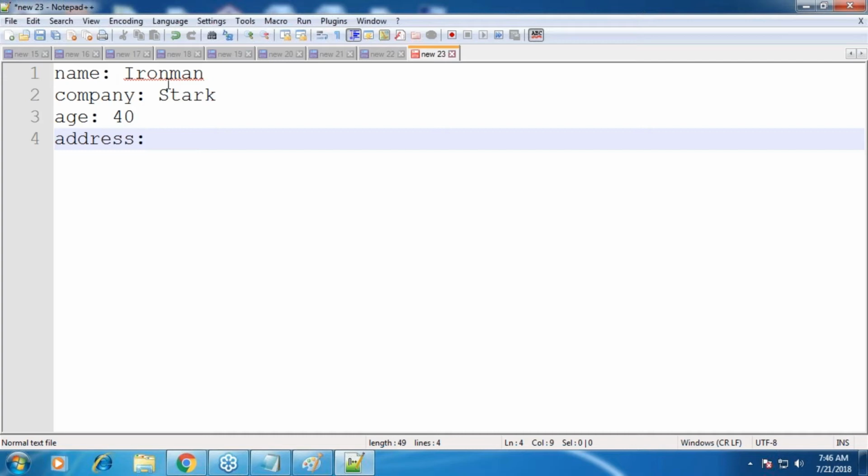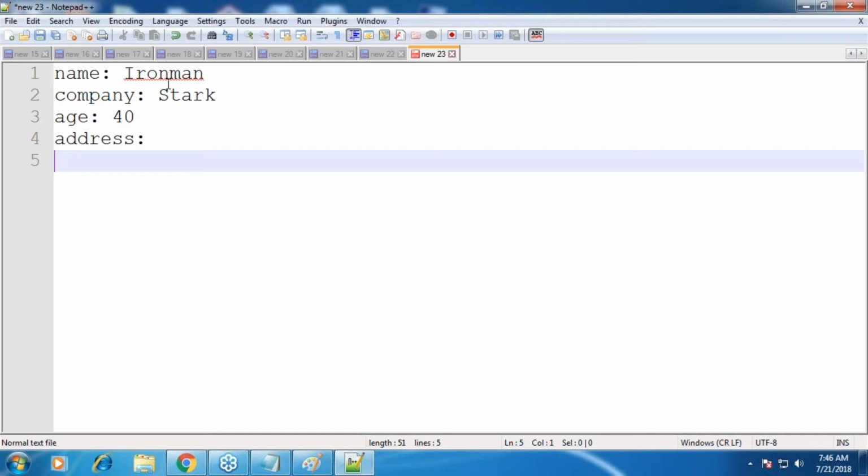So address, street number 1, that is the first key of the address. Second key of the address, street number 2, state, city, or pin code, whatever it is. We have many other attributes, right? So attributes can be written by giving 2 spaces. Generally we follow this 2-space notation because it is very much inspired from the Python world, right? So address, street 1 is a key, and whatever the Maitrivanam street 1 is, that is the value of it.